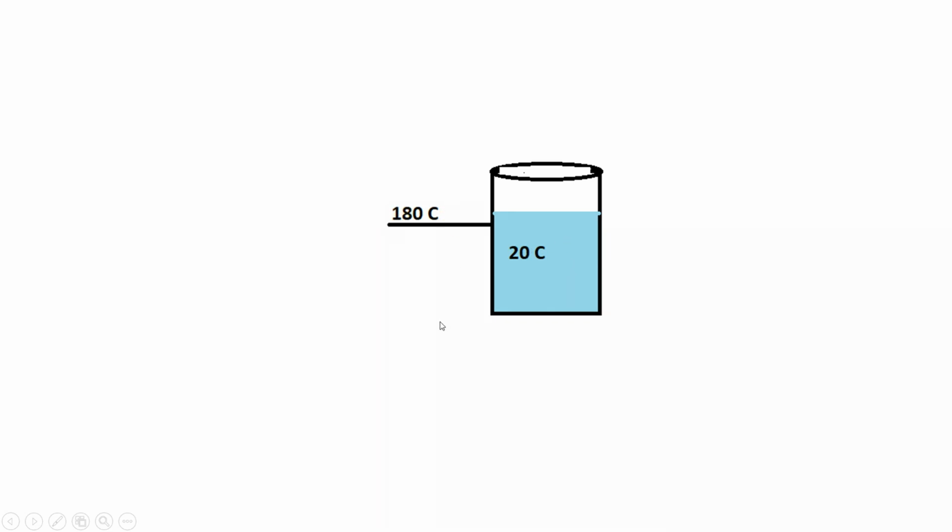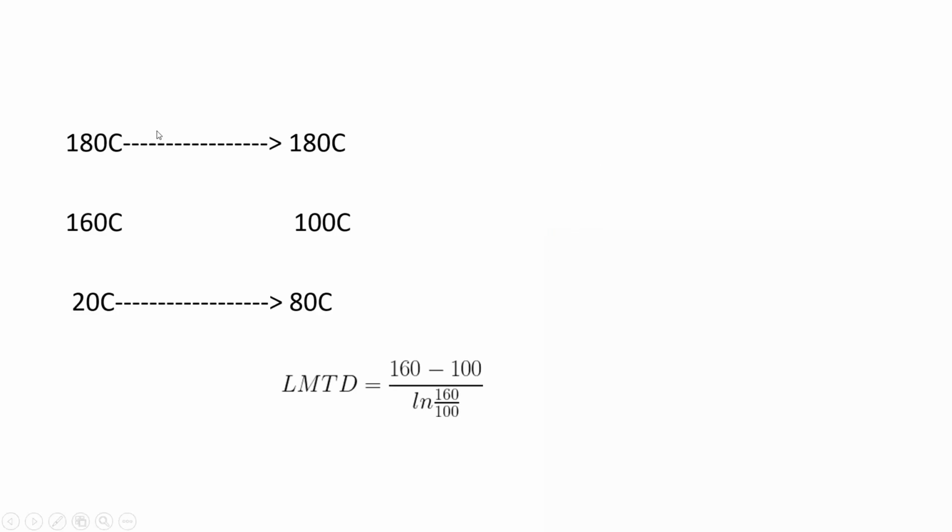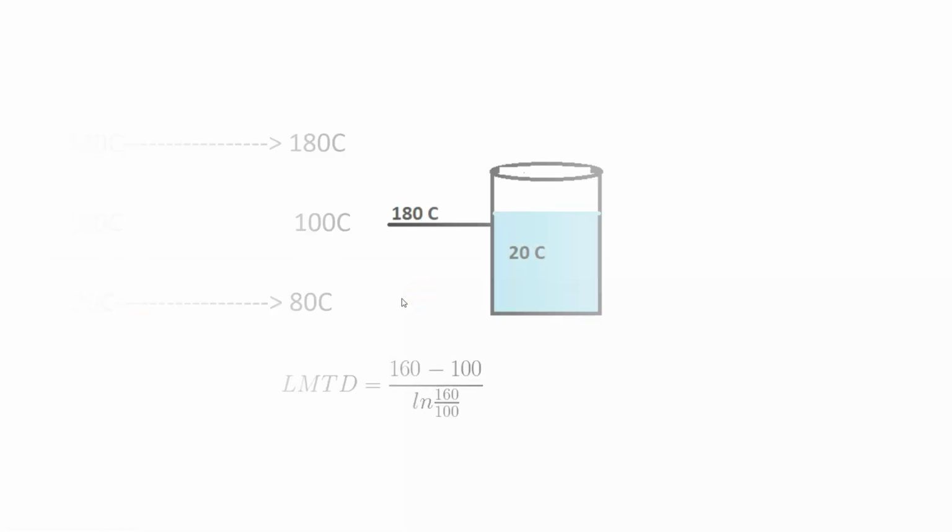It is at 180 degrees centigrade. Since it is given that it condenses, that means it will remain at the same temperature, right? So it will be 180 degrees centigrade, but this temperature continuously starts to increase, right? It will increase from 20 to 80 degrees centigrade. So what will actually be the temperature profile? 180 to 180 will be same for steam, but you can see here it is increased from 20 to 80 degrees centigrade. You can see here what is going on here.